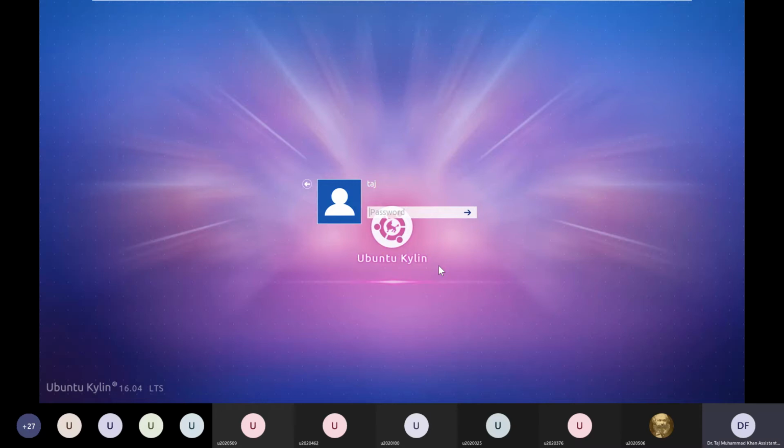So Uzair, can you please unmute your mic? Yes, sir. Okay. So we are going to make a function which is going to add two numbers and give us back the sum of those two numbers. So by this explanation, what do you think would be the data type of the value that this function will give us back?